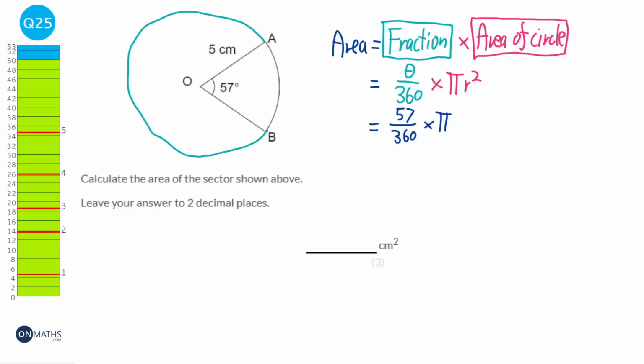I'll do a badly drawn circle. And you can see here that this length here, this 5 centimeters, is the distance between the center of the circle and the circumference. So that is a radius. So it's going to be times 5 squared. Put that into your calculator and you'll get 12.435 and so on, and it wants 2 decimal places, so we round that to